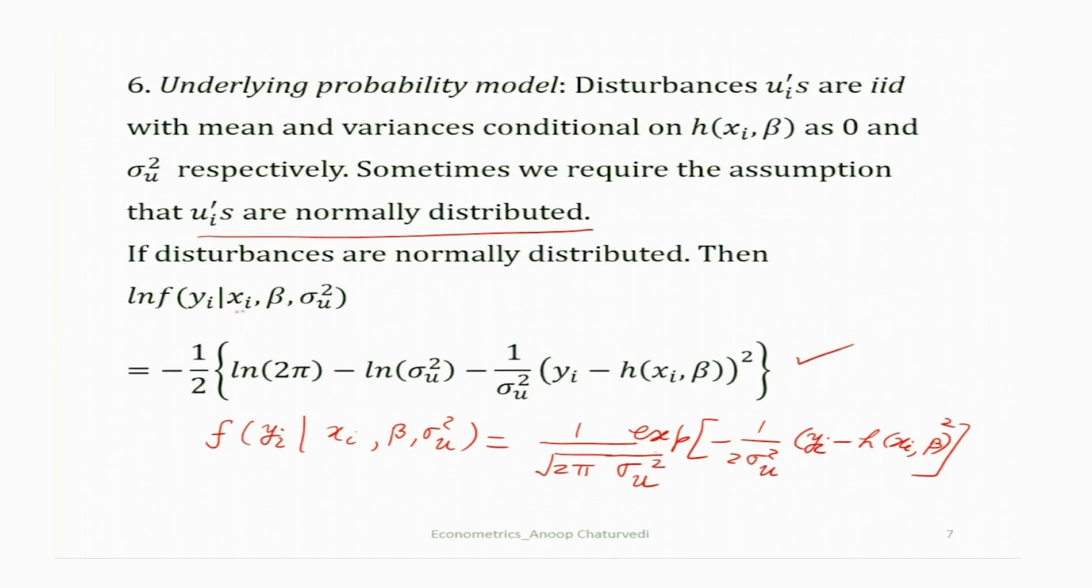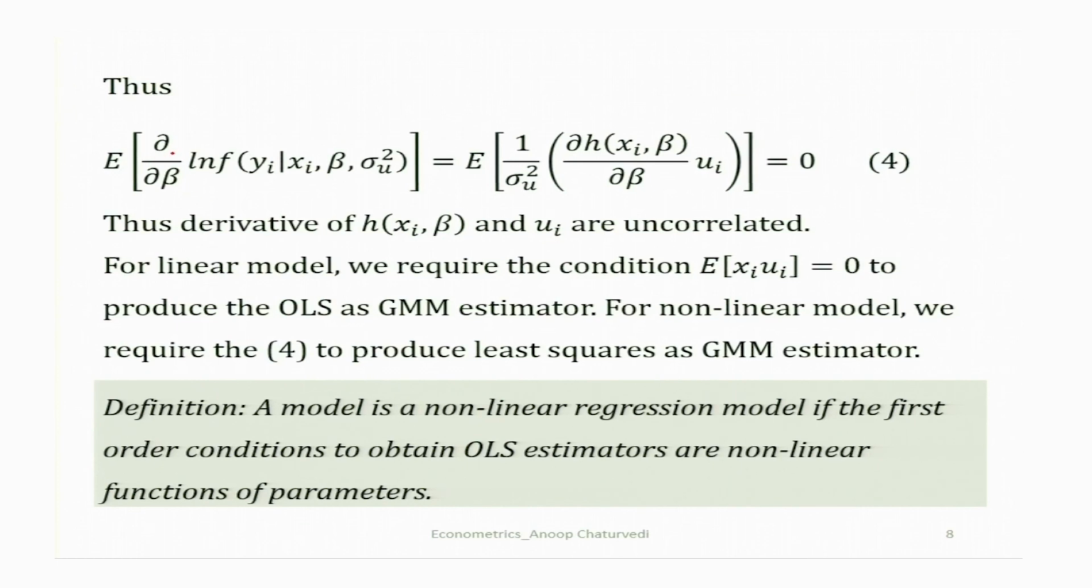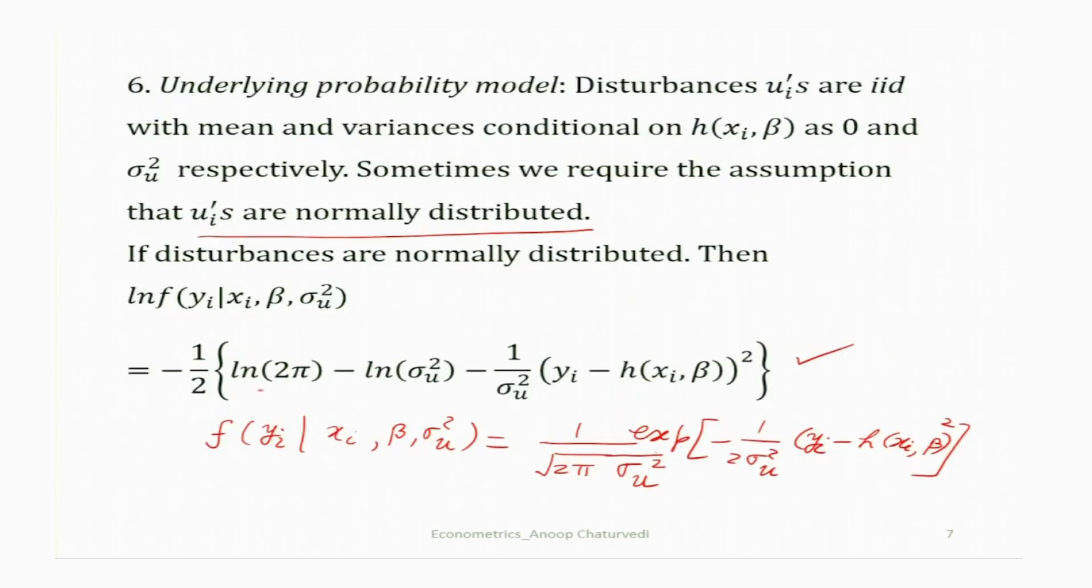So, log of f(y_i | x_i, beta, sigma squared u) is equal to this. Then, if we take del over del beta of log f(y_i | x_i, beta, sigma squared u), we differentiate it with respect to beta. So, the differential coefficient of this part is 0. Here you obtain minus half, then minus 1 upon sigma squared u. So, you get plus 1 upon 2 sigma squared u, then you are going to differentiate this part. So, you get 2 here,